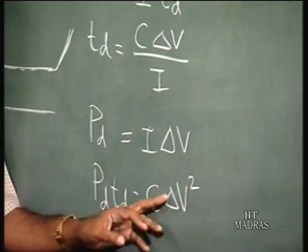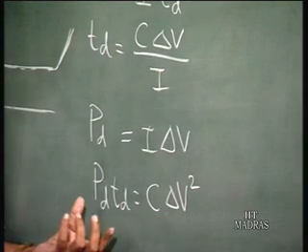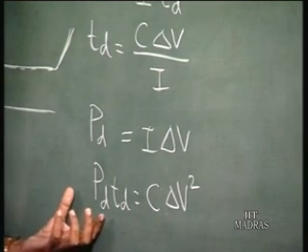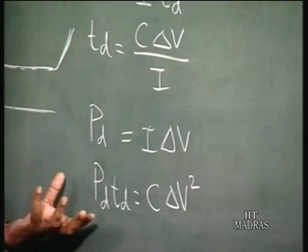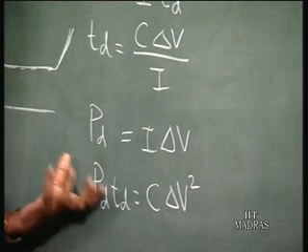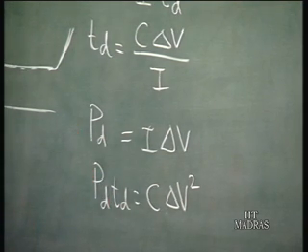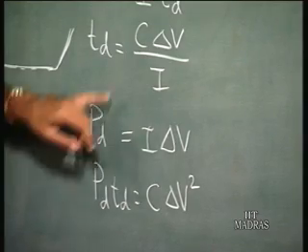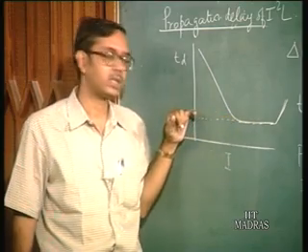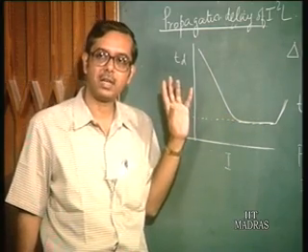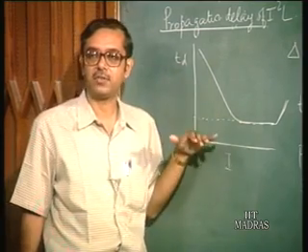Now this delta V is a very small quantity in I squared L, and power delay products as low as 0.1 picojoules can be very easily achieved. So that is one plus point of I squared L. The power delay product is quite low, but the problem is the delays are quite high. The minimum delay from the normal structure is usually around 10 nanoseconds or so. It is very difficult to go below that,